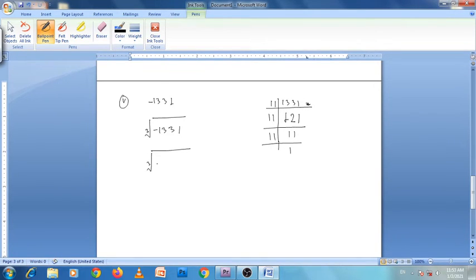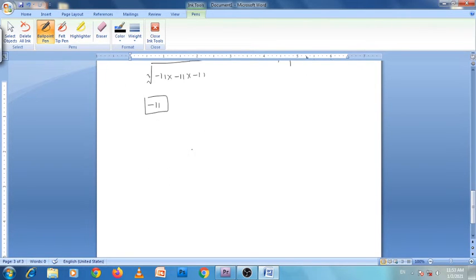But here is a minus sign, so minus 11 into minus 11 into minus 11. So one minus 11 will come out of this cube root, so this will be the cube root of minus 1331. In the same way, solve question number 6 and question number